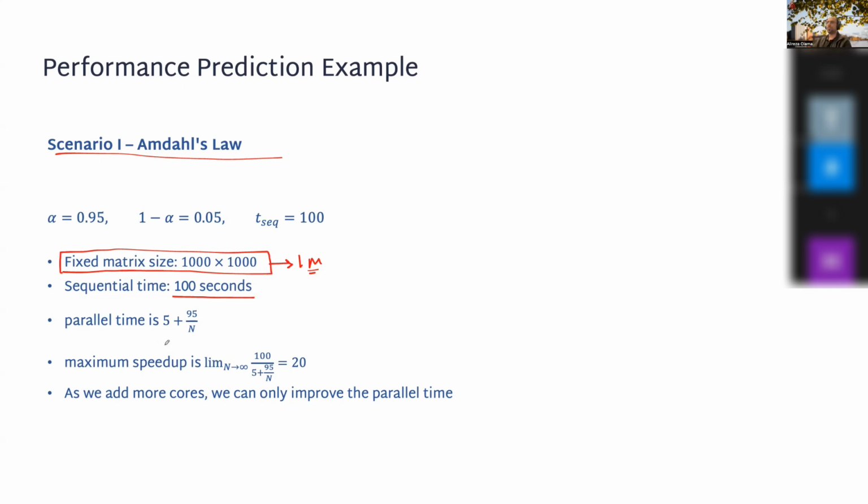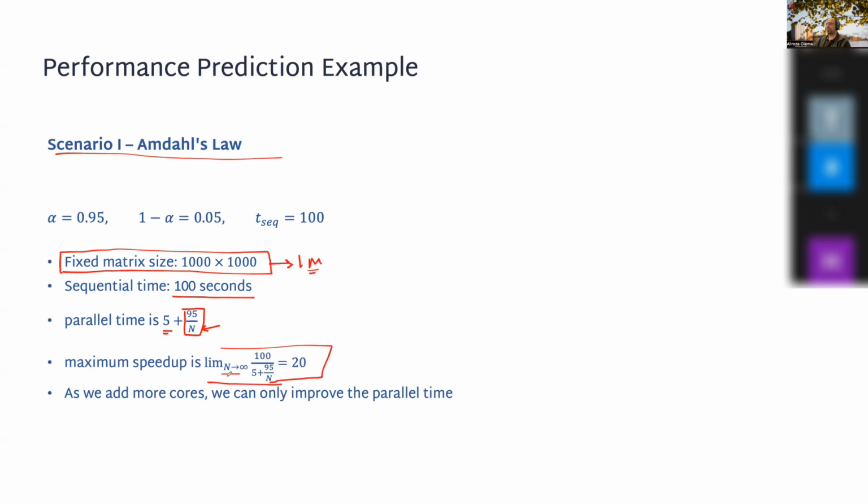And now we want to compute the parallel time. So we know that 5% is spent for the serial execution in the parallel execution as well. And then we just need to divide that 95 seconds by n, the number of cores. So we assume that everything is perfect here. So in this case, if you compute this limit for the maximum speedup, you see that